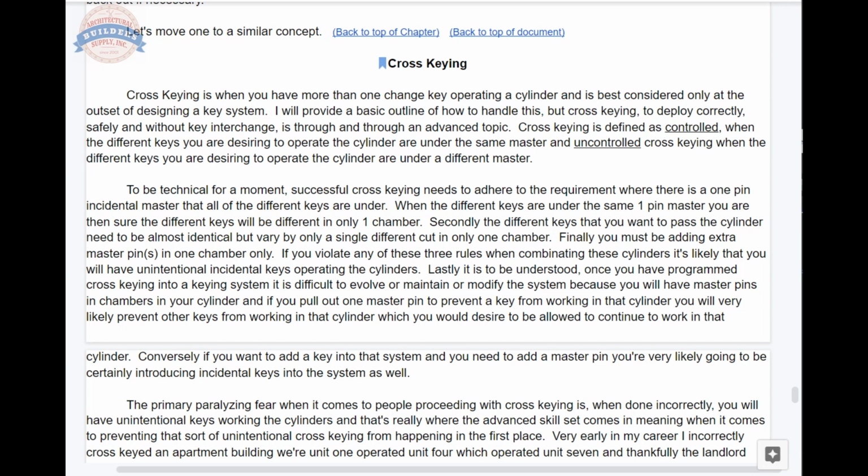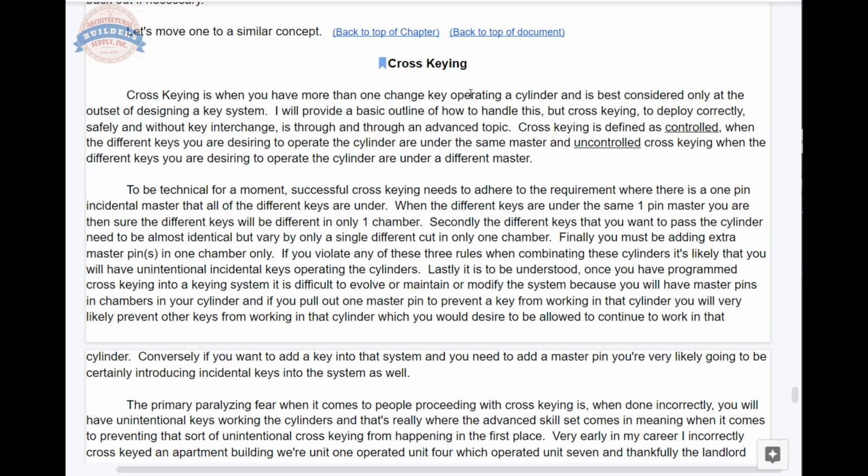Let's see if we can reasonably decode part of cross-keying without making it any muddier. Cross-keying is when you have more than one change key operating a cylinder and is best considered only at the outset of designing a key system. That's true because when you create your standard progression format and you're assigning keys, you may not have the ability